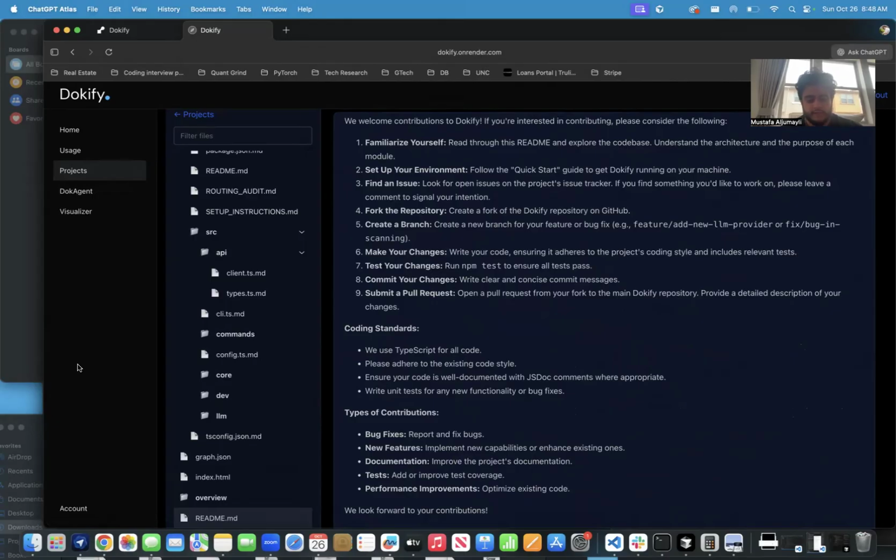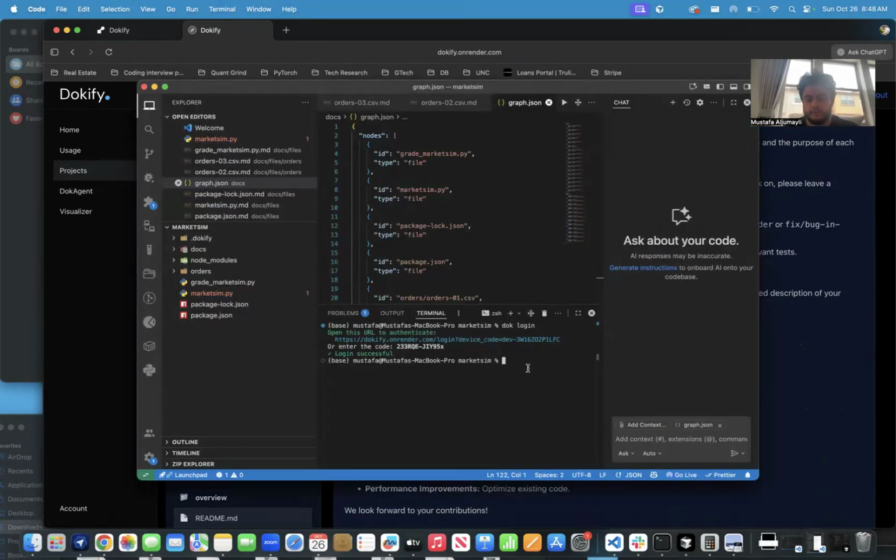Okay, so now that we're logged in, we can see that the login was successful. That means that we have successfully captured a token and we are ready to go. I wanted to make the user experience as seamless as possible, so the only thing that you need to do is run doc generate. And now, actually, what's going on is the AI is going to sift through all of these documents, and then it's going to actually